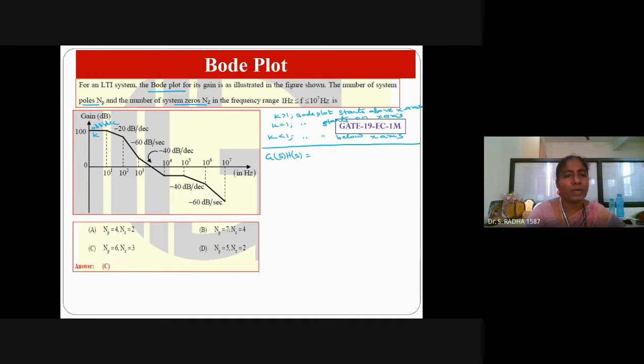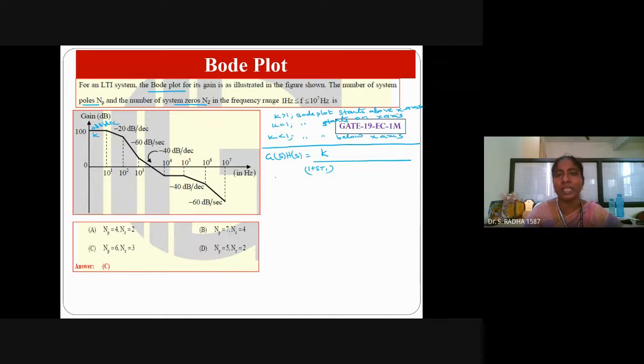Now coming to the first horizontal, it is completed. 0 dB per decade is completed. Now I am going to minus 20 dB per decade. When 0 will become minus 20, in the denominator we should have a first order factor. Okay, I am including k. Then I am taking one first order factor in the denominator, 1 plus st1.